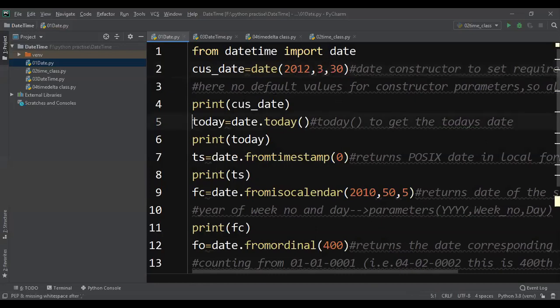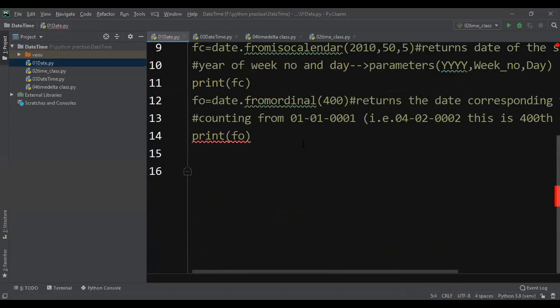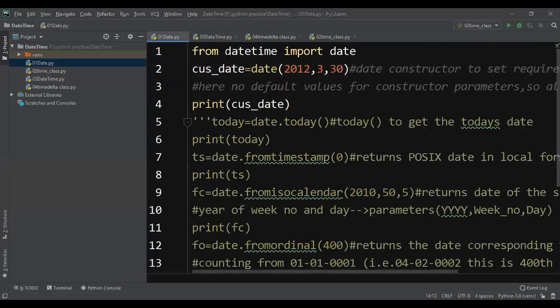So now what I will do is comment out the remaining part of the program. Here I am calling the date constructor. I am passing the date as 2012, 3rd month, 30th.